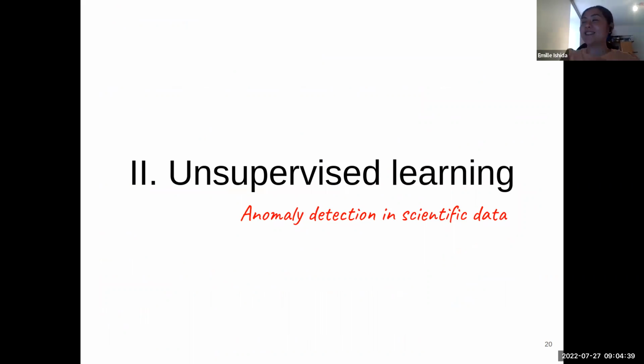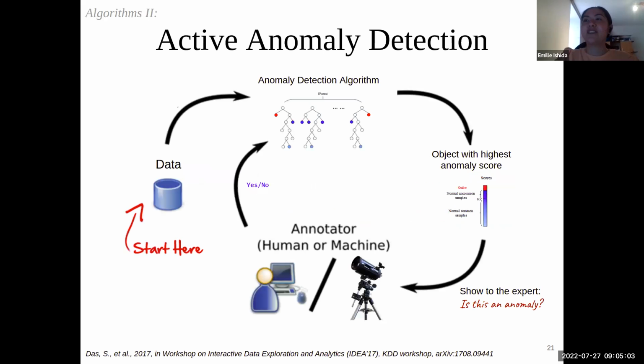I know that I have 6 minutes left, so I will just very quickly try to tell you how these things can also be applied to the unsupervised learning scenario. I told you that in the supervised learning case, we had a very well-defined problem: a binary classification with a very clear scientific question in the end. For anomaly detection, in the unsupervised case, things are much more complex. Again, I'm going to go very quickly through this because I already told you about it.